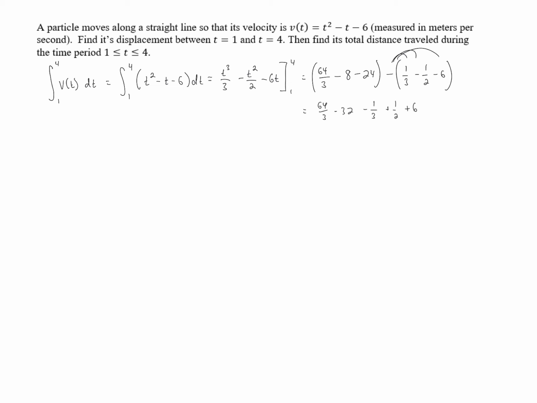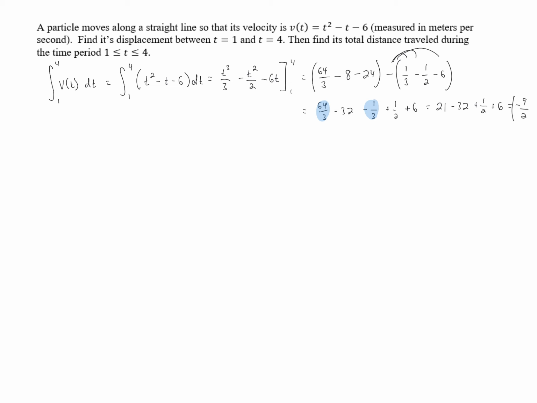Now 64/3 minus 1/3 gives us 63/3, and 63 divided by 3 is 21. So this is going to give us 21 minus 32 plus 1/2 plus 6. 21 minus 32 is -11, and -11 plus 6 is -5. And -5 plus 1/2 is -4.5, or